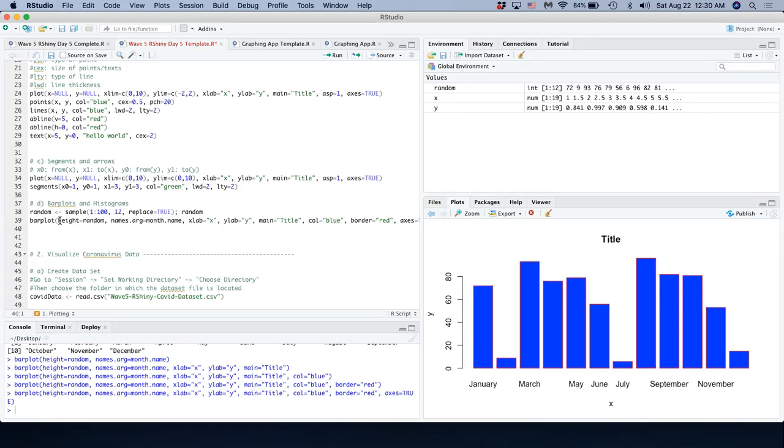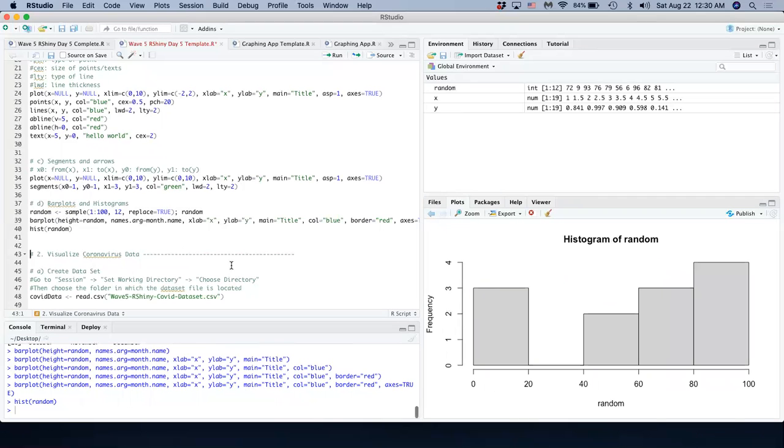Okay. Next, I'm going to draw a histogram of these values, and you'll see the difference between a bar plot and a histogram. So we can use the function hist. The first argument is the data we want to draw in a histogram. What a histogram does is plot the frequency of elements that lie between the bars. So in this case,